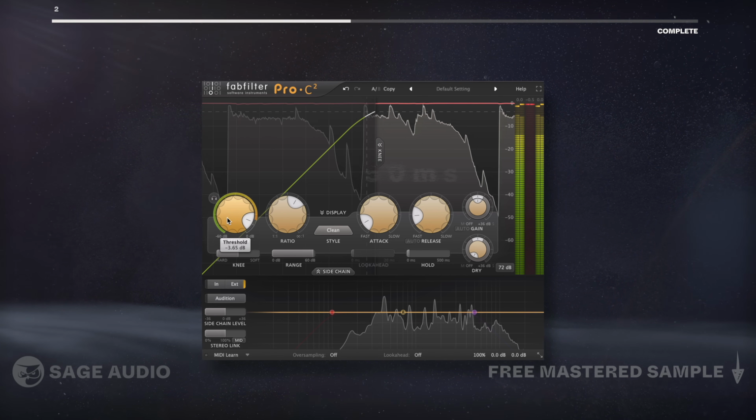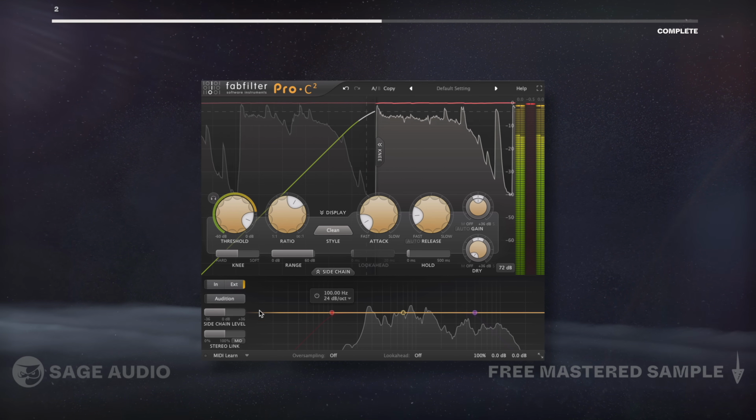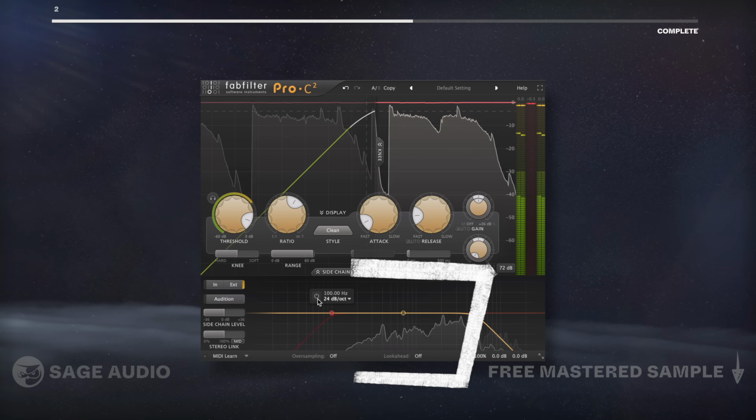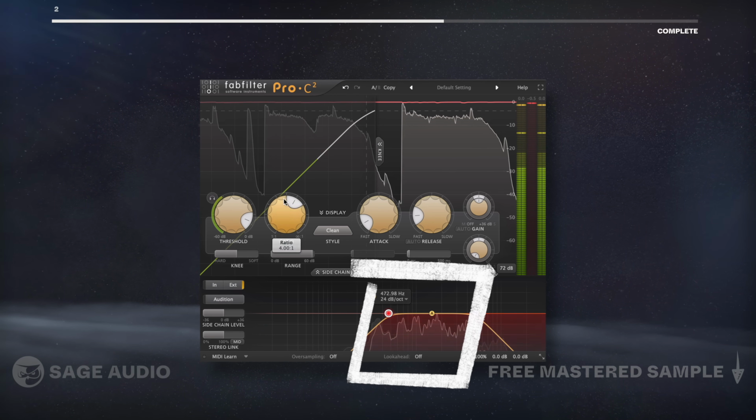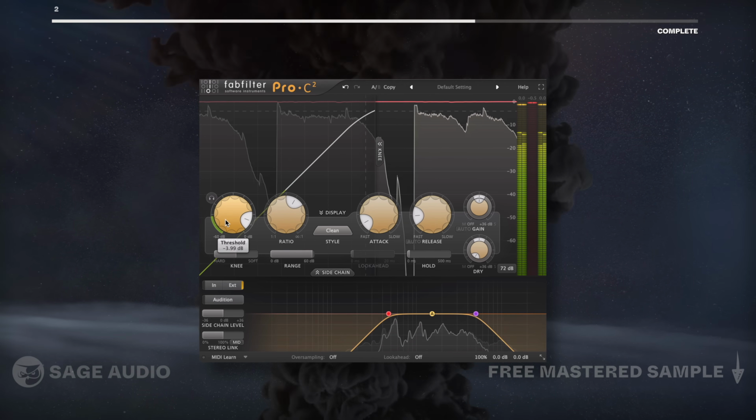distorting its low frequencies. We can also control which frequencies of the vocal trigger the compression, with the mids being a good option. Let's take a listen and pay attention to how this compression carves out some room for the